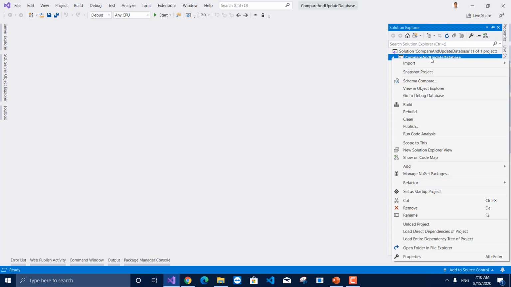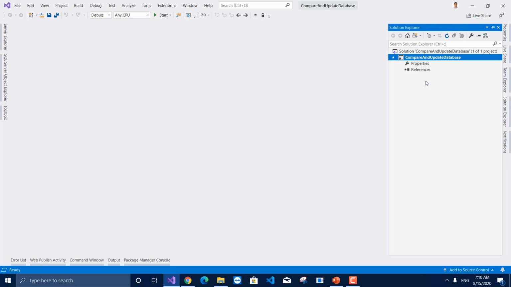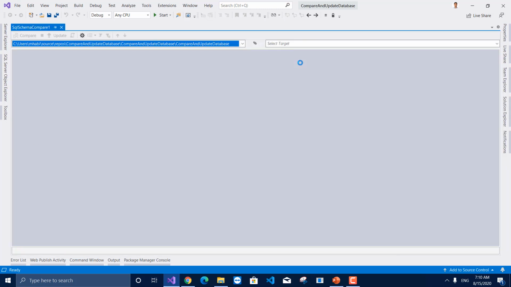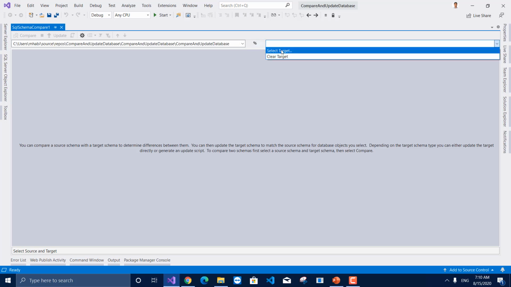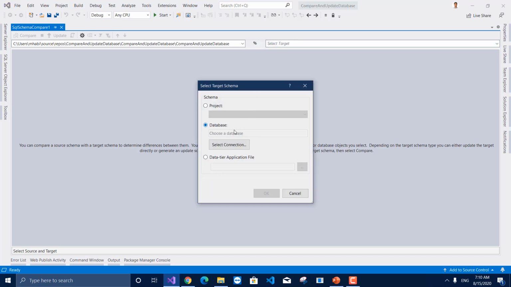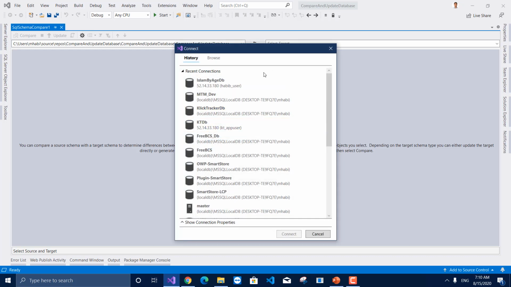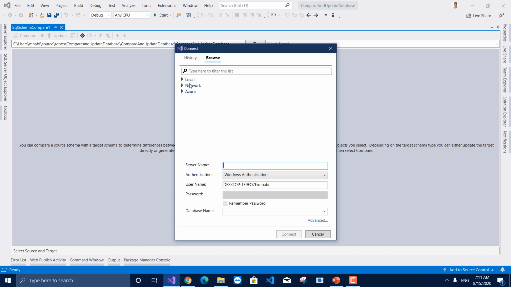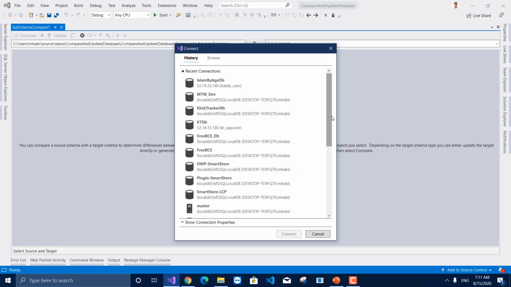Now I will right click on my project and select schema compare. Here I will select my target database, click on select connection. So here I can see my connections history. I can also use a new database with this, but I am already using a few databases, so I will select an existing one, that is MTMDEF.